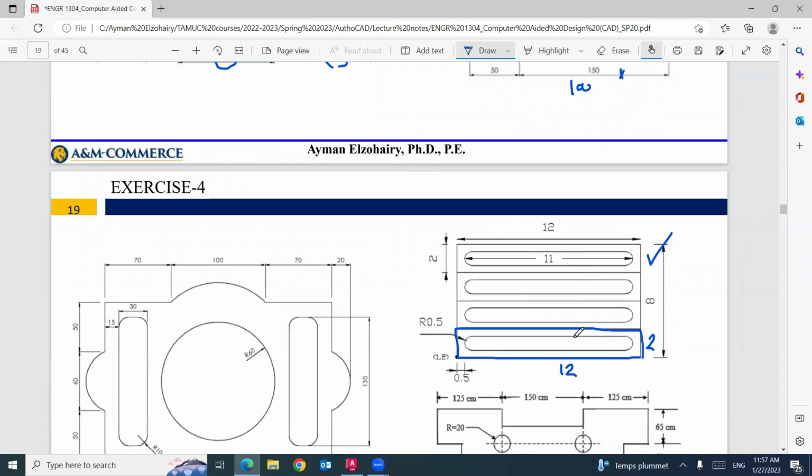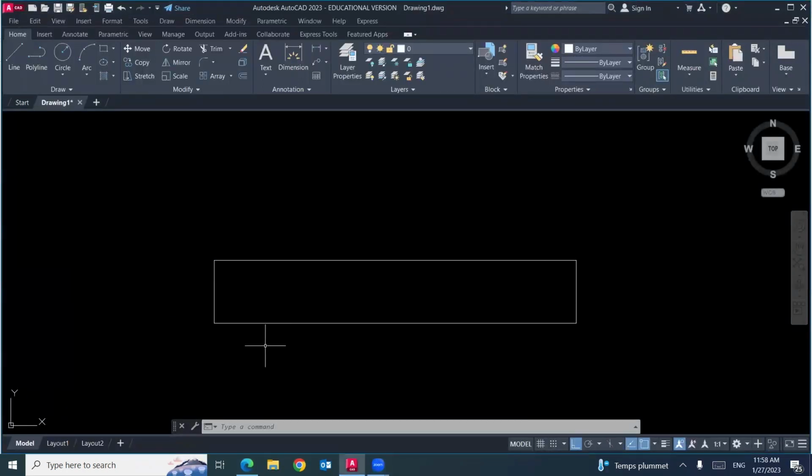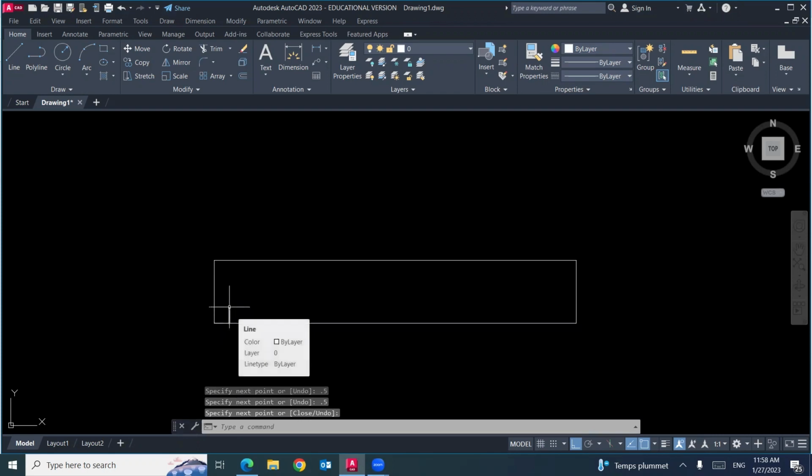Next, I need to draw the inner rectangle. The total length of the inner rectangle is 11. And I need to leave clearance between the inner rectangle and the outer, 0.5. So I will draw lines 0.5 up, 0.5. This is the first point of the rectangle.